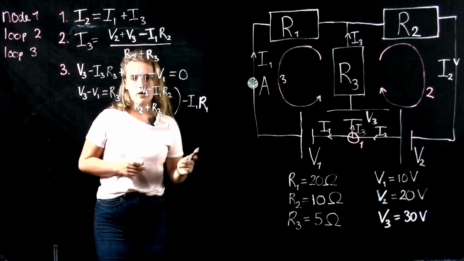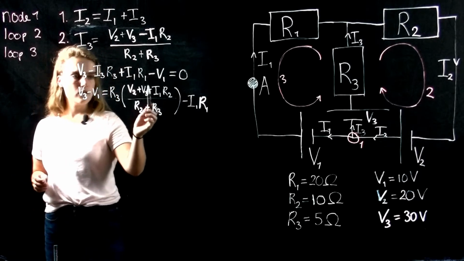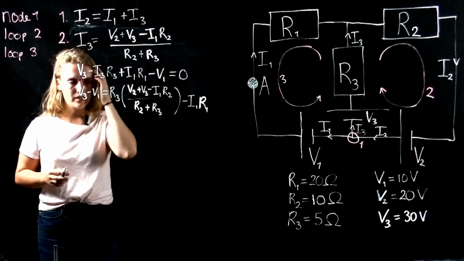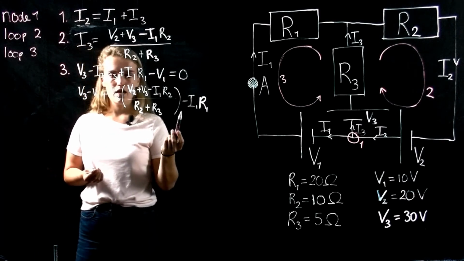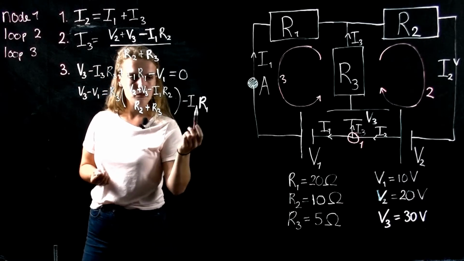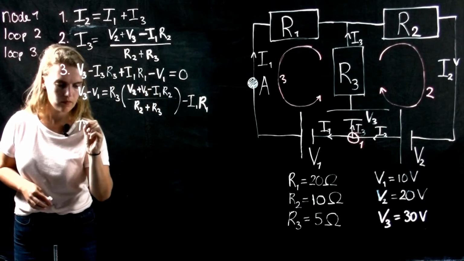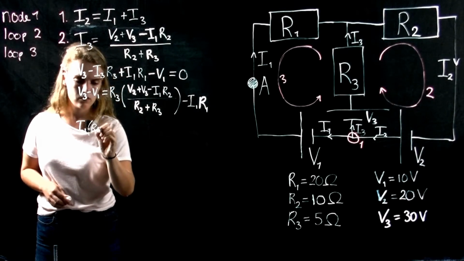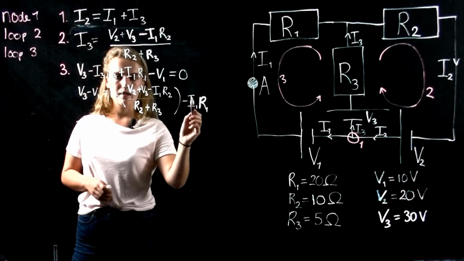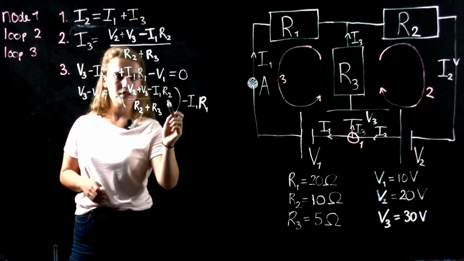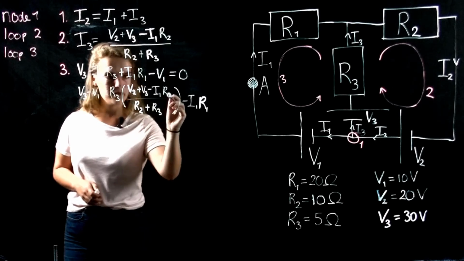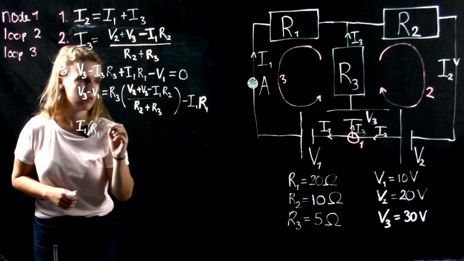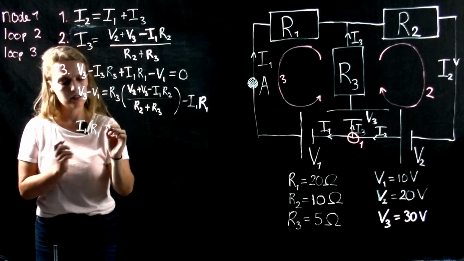Now you might notice that as an unknown we are only left with I1. So I would like to take out I1 to get an equation for the current. Let me start with I1 times R1, and then plus this term. It might be a bit difficult to see, but I will take out this R2 R3 over R2 plus R3. And we have a plus sign here since I took it to the other side again.